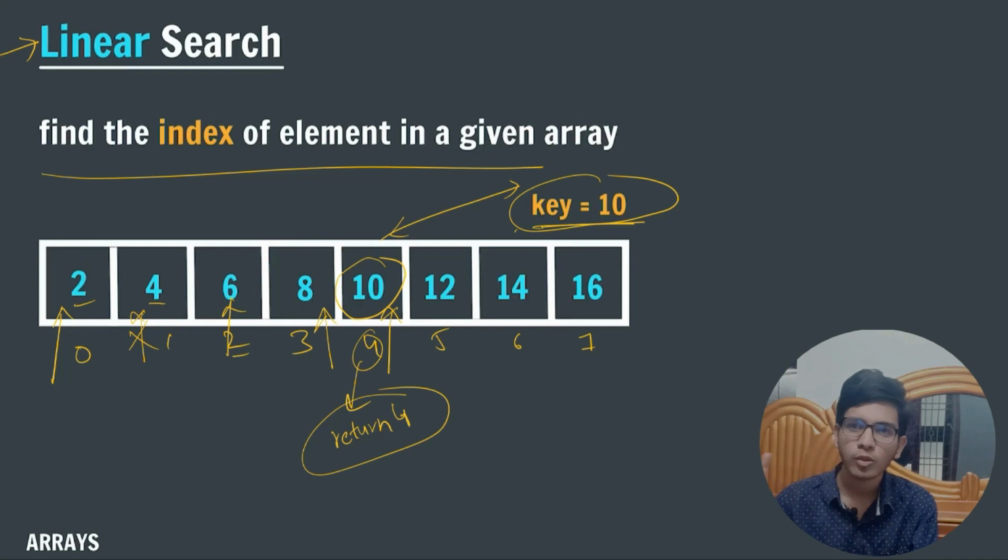Here we are going to run a loop and check at each element whether the provided key is the same or not. If it is the same, then immediately return the index, or else go into the next iteration. So I can write the pseudocode as